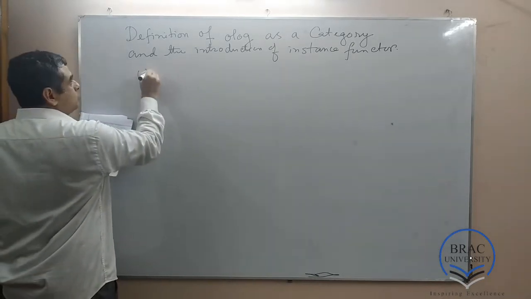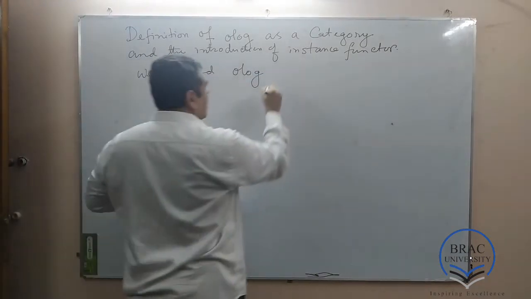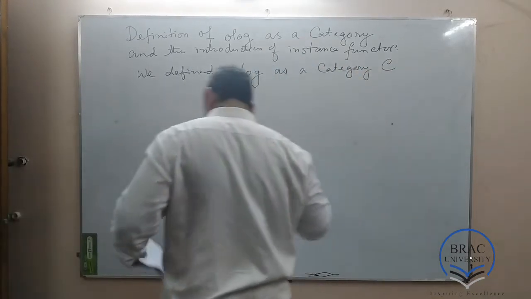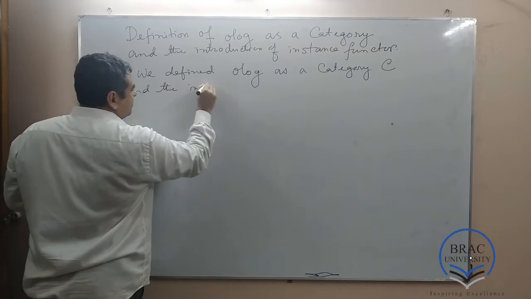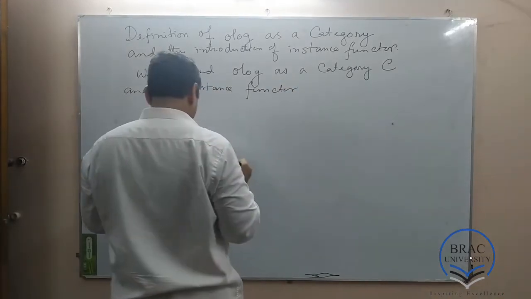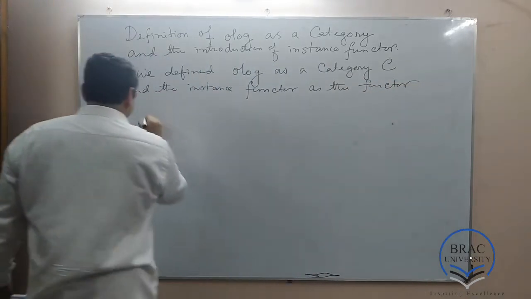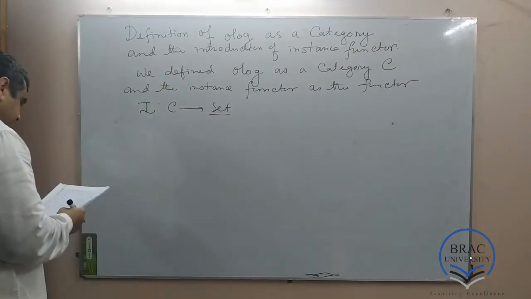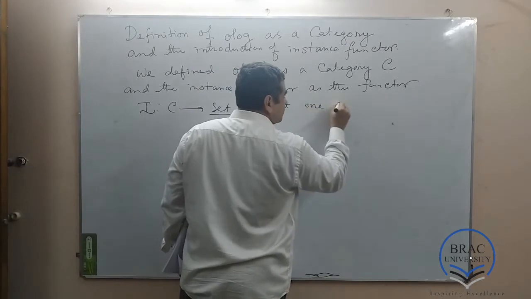We defined an Olog as a category, as an abstract category C, and the instance functor as the functor I from this abstract category C to the category of sets, so that one obtains